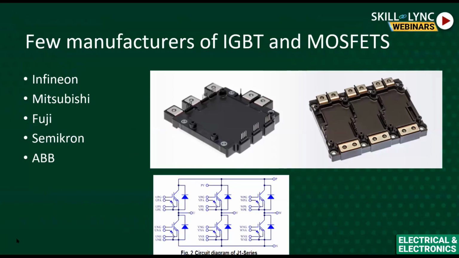Where do you control it? You might be wondering where the gate and emitter terminals are. You can see some small pins protruding out at the front side as well as at the back side. These terminals are the control terminals, the gate and emitter. The second picture is also the same inverter module, or six pack IGBT module.